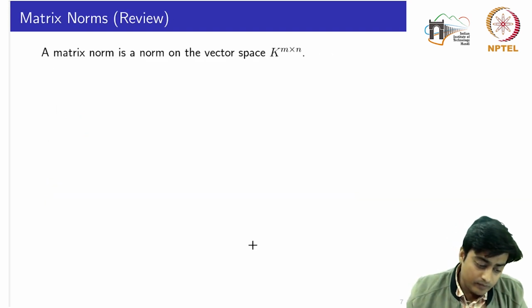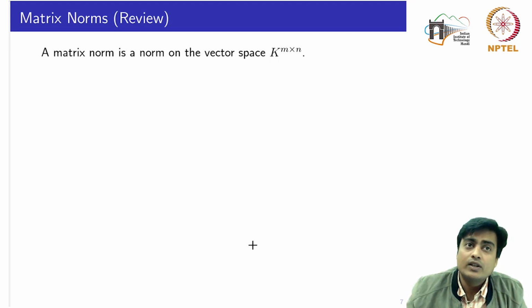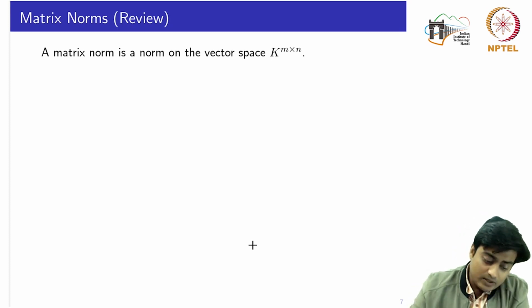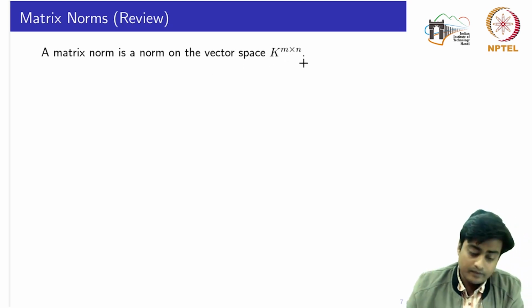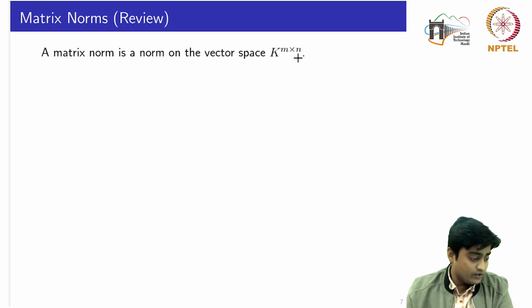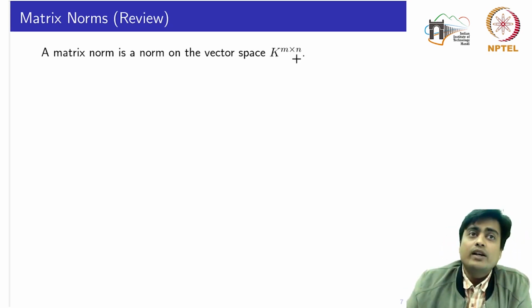So proceeding further with knowing the origin of the stability, here we will introduce a brief on the matrix norms and the vector norms, and also the positive and negative definite matrices. So a matrix norm is a norm on the vector space K of dimension m cross n, right? First of all, you should be able to understand why we need a norm of a matrix or a vector